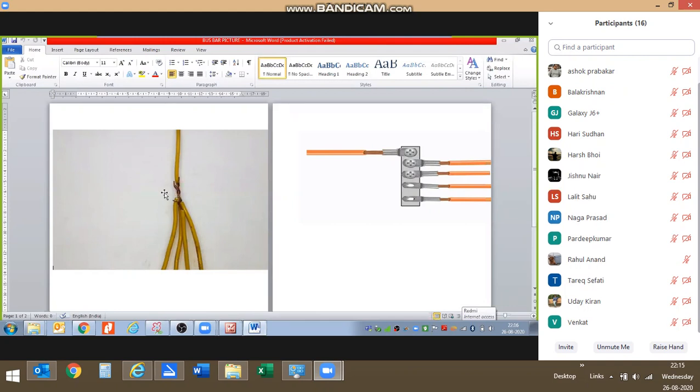So what we do, we take a common bus, a common conductor, like this aluminum strip material we are taking, and the incomer is connected to this by these thimbles, and all the outgoing lugs and all the outgoings are connected like this. So this is the good practice for the connections of the incomer to the outgoings. That is why this bus bar is required. If there is only one incomer and one outgoing, then we can avoid this bus bar. There is no need to connect to this bus bar. We can directly connect incoming to the outgoing.